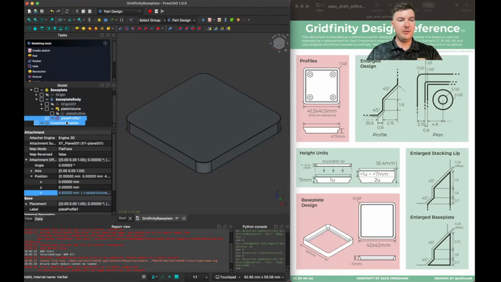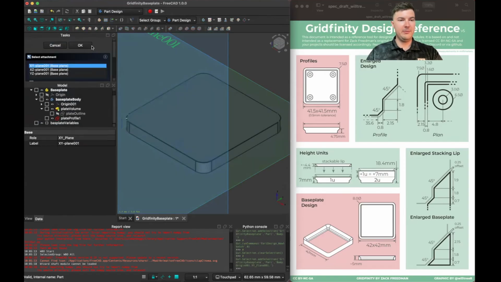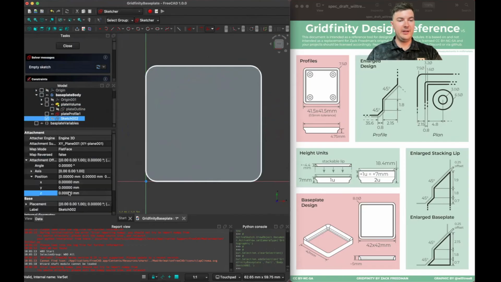So, I'm going to leave that sketch there for now. I'm going to create another sketch on the XY plane again. And believe it or not, if I select in the model tree here, I can go ahead and edit the attachment offsets. So I'm going to say